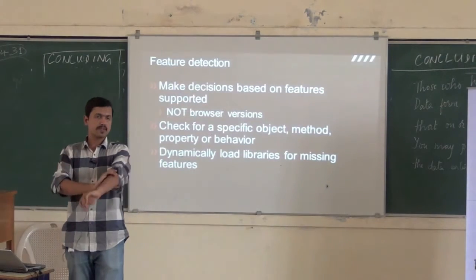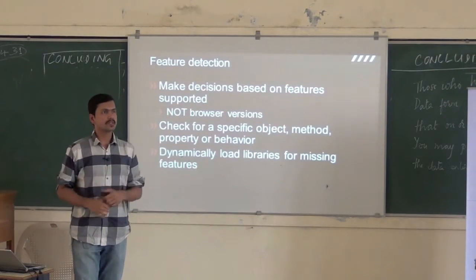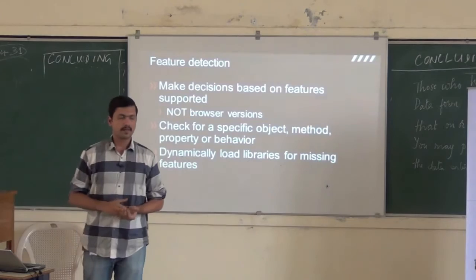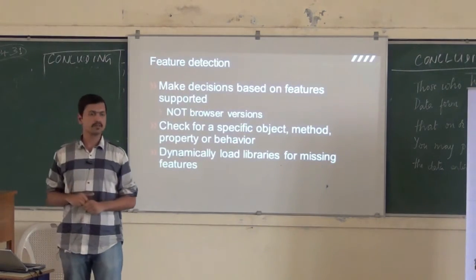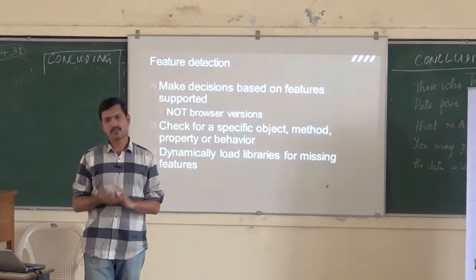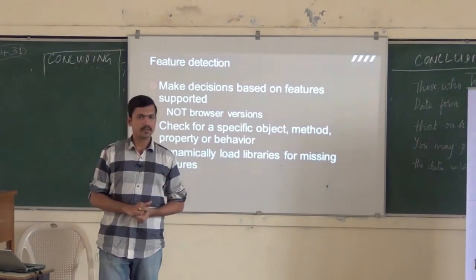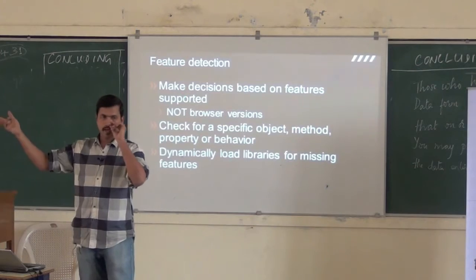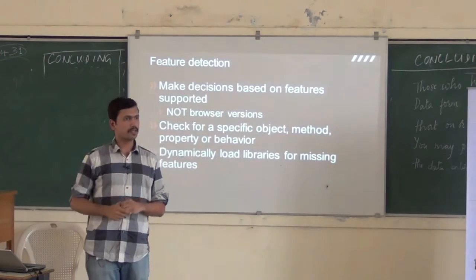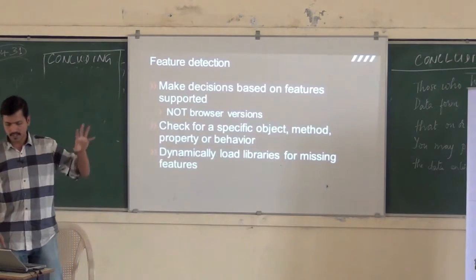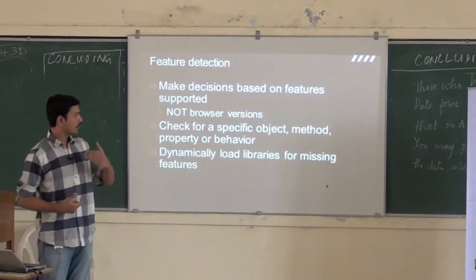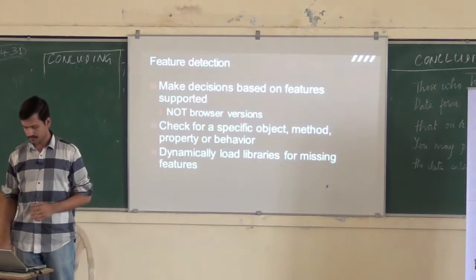Let's say you have a site which needs Canvas support, right? And you can do this feature detection to find out if the current environment supports Canvas. If not, maybe you will load a polyfill, maybe something like a Flash-based or Silverlight-based implementation of Canvas. You can supplant the pages. So you get to do some intelligent things with your code when you do feature detection.